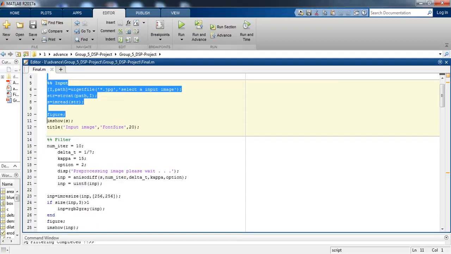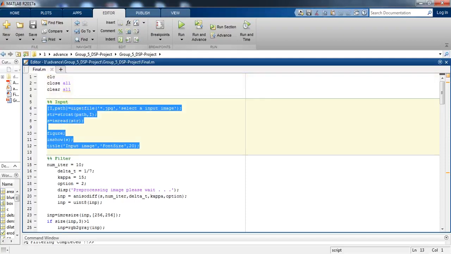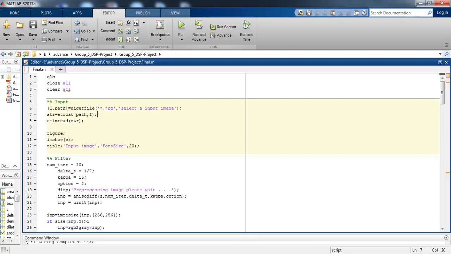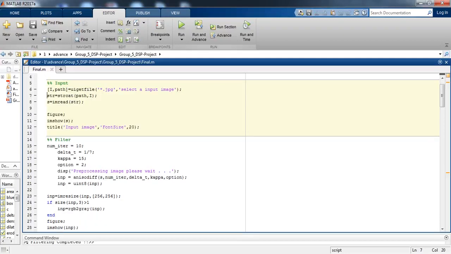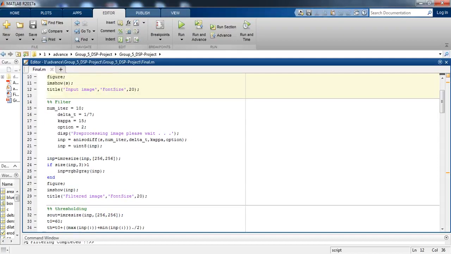This image processing routine basically detects the tumor's presence, location, area and boundary. So first we are inputting the image, any JPG image, we will select an image. Then we are providing the path of the image and reading the image by using the imread function. Then we are displaying figure 1, that is the input image. We are providing font size 20 as well, these are optional.